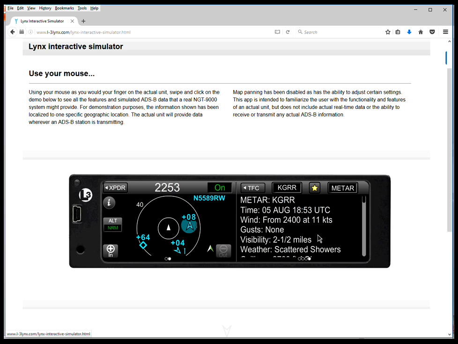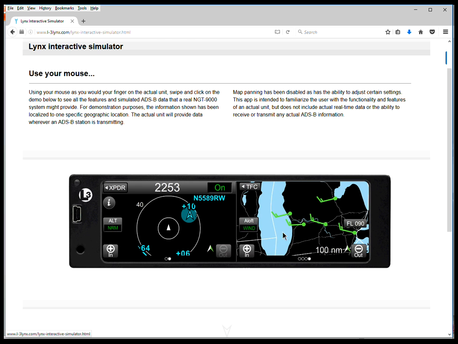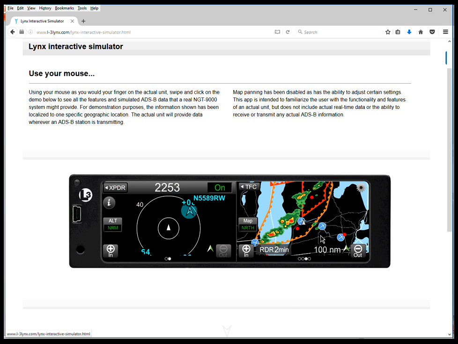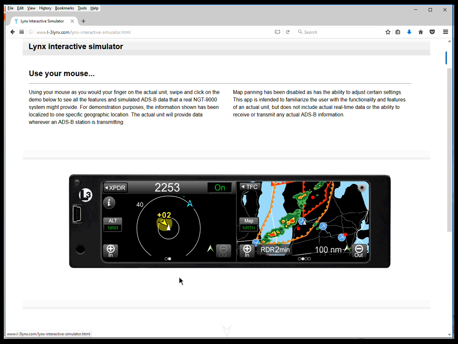There's the audio panel, then there's the Lynx touchscreen display, and then below that they've got KX 175s, 170s, 155s, Garmin 430s, you name it, below the actual panel. We have it with G1000s, G500s, it's been used with just about every possible display. And it looks really great. That's kind of a good touch and feel interface to the actual unit and how it works. And it's not all the features, but it gives you an idea of how it would work in your cockpit as well. So let's take a look at our next slide,